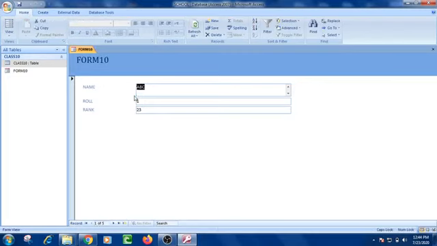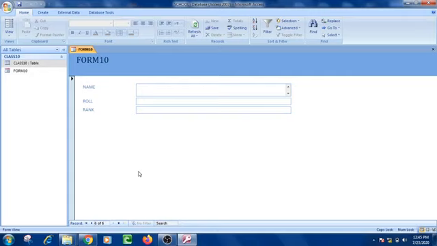class 10. Now in this form we can move to the next record just by clicking on the navigation button over here, which is present at the bottom. On moving, we can move to the next record. You can see, okay, from the form also we can add some extra record also. Okay, the last form has a blank field. We can enter the record from here also.